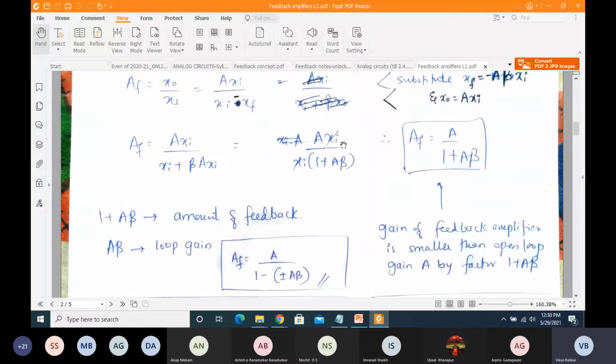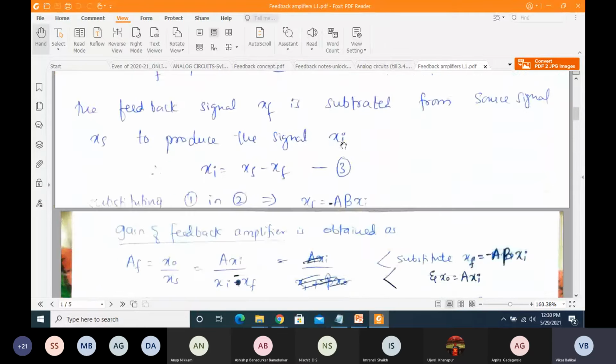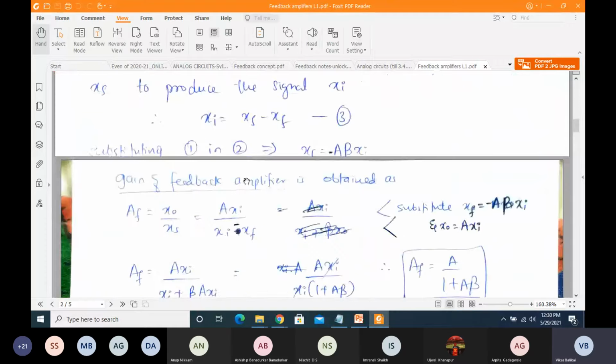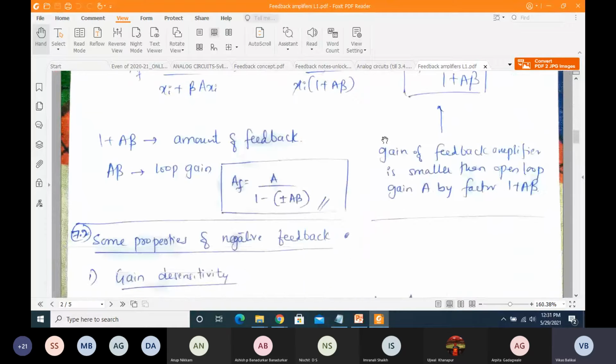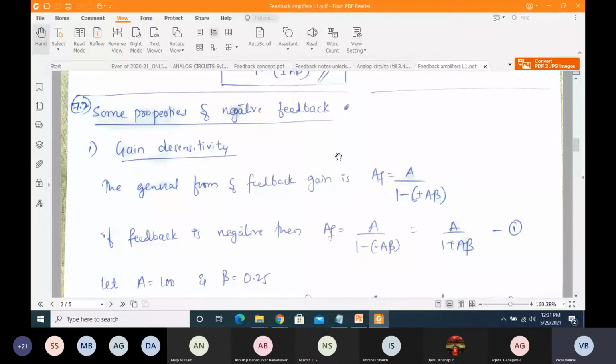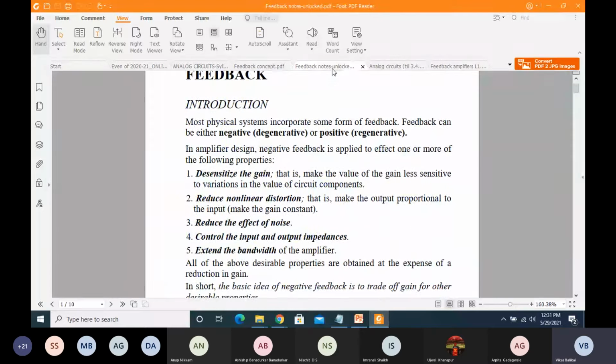this entire amplifier setup. So basically this is what we have done. AF is equal to A divided by 1 plus A beta was our expression that we have learned till date, and this is what we are going to continue. So for a feedback amplifier, AF is equal to A divided by 1 plus A beta. So this is with respect to the feedback amplifier concept. So this we have learned.